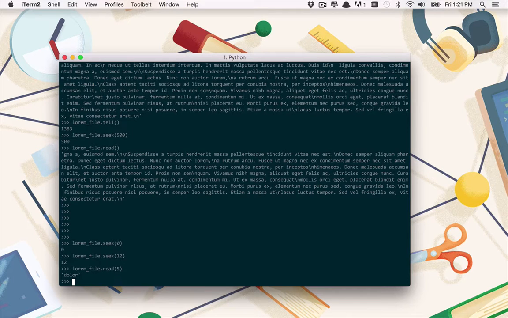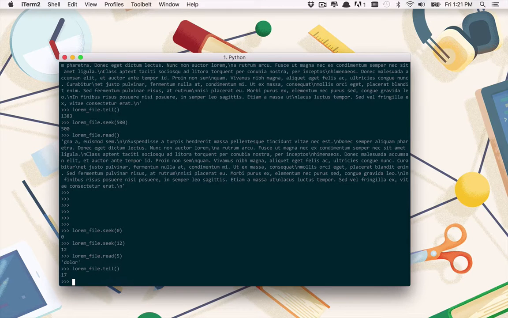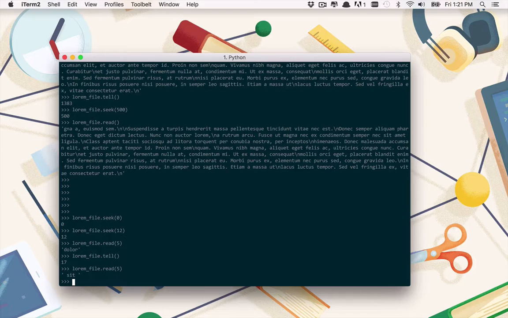Now that's great. And now I've moved ahead so I can say tell. So I can say where am I? I am now at the 17th byte. So I've started at 12. I read 5 and I've moved that pointer up 5 spaces. I am now at 17. So if I were to read 5 again, I'm now going to move up a little bit further, and that's great also, but we're a little bit restricted here, and if you've been able to determine that, then congratulations for